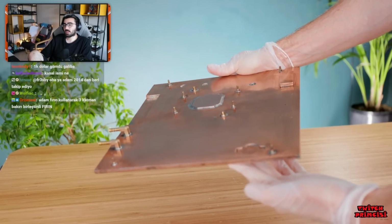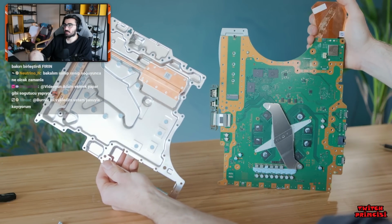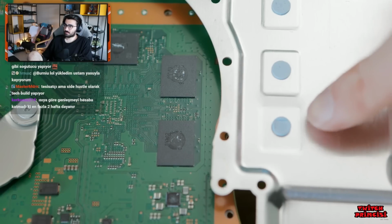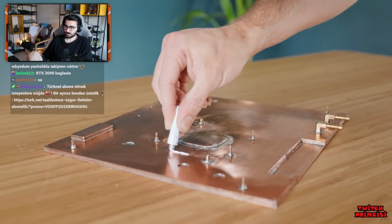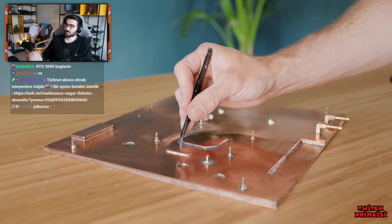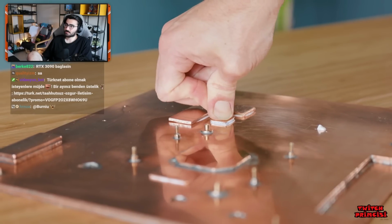Before I can mount the motherboard in place, though, there are a few additional thermal bridges that need to be made. You see, on the original cooling system, the steel plate made contact with a few secondary heat generating components, namely some flash storage and some power circuitry. Making sure that these components get access to the cooling ability of the water block will ensure that they're kept as cool as what they were designed for, maybe even cooler. And to do this, I'm simply using some copper strips and thermal glue,